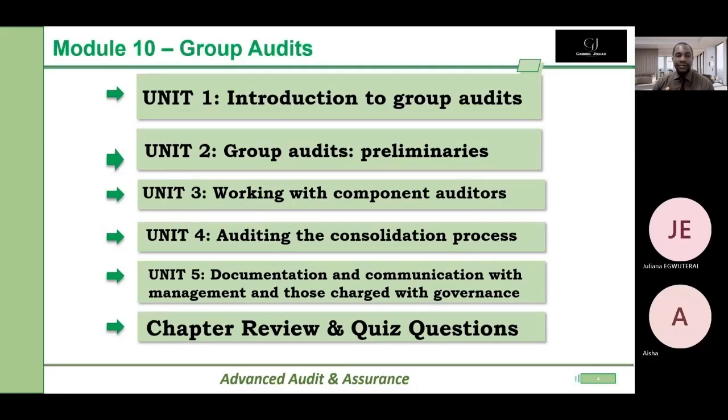Look at in this module 10, group audits. Introduction to group audits. We'll look at group audits, the preliminaries, and we'll go into detail and also consider component audits. Unit 3. We'll look at auditing the consolidation process. So consolidation is a major chunk of your corporate reporting. So you are preparing and here you are auditing it. Then finally we'll look at the auditing, documentation of findings and communication with management and those charged with governance, and